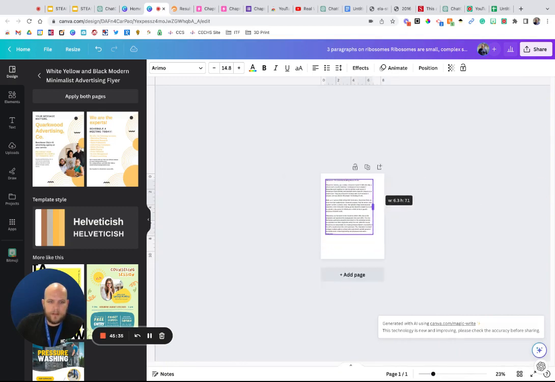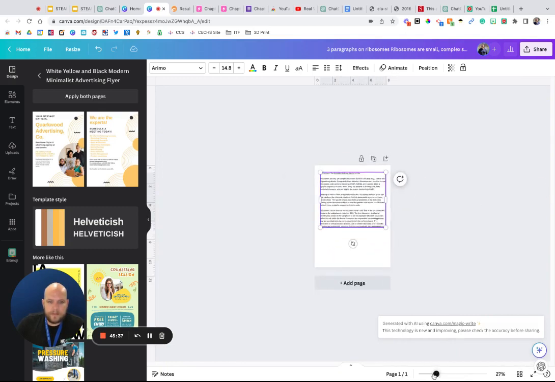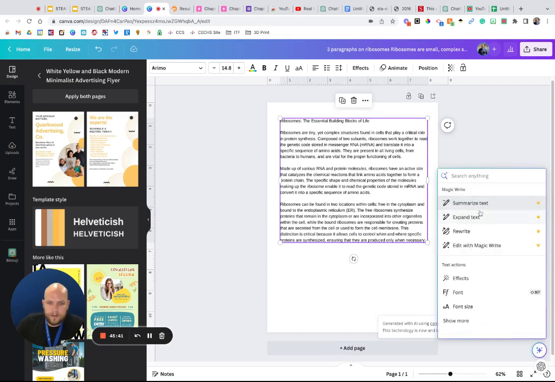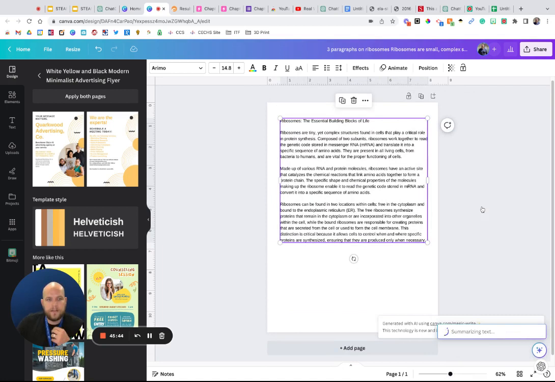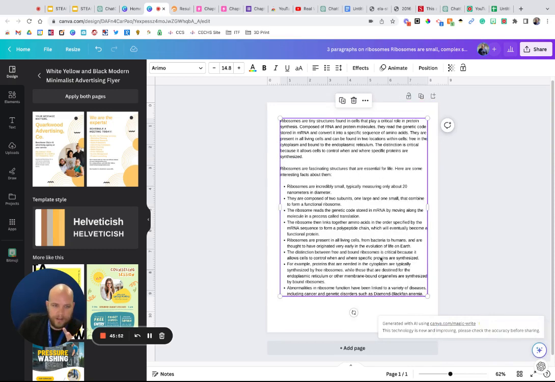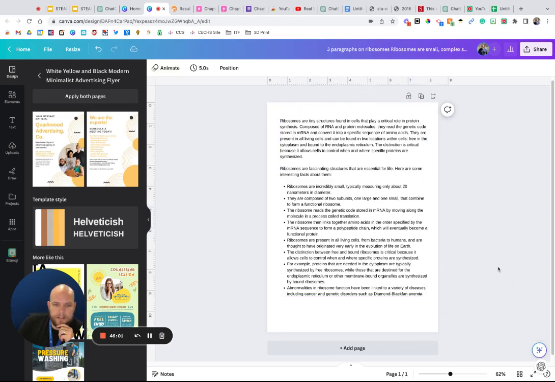Let's shrink that down so it actually fits. So it rewrote that for us, or I can even go in and also summarize the text. It's going to take that copy, do it that way. I can even go in and expand the text. If I have a small bit of paragraph and say I want to elaborate on something, I can click that expand writing button. And so that's one feature that Canva has over ChatGPT. It's got these quick shortcuts already baked into it.